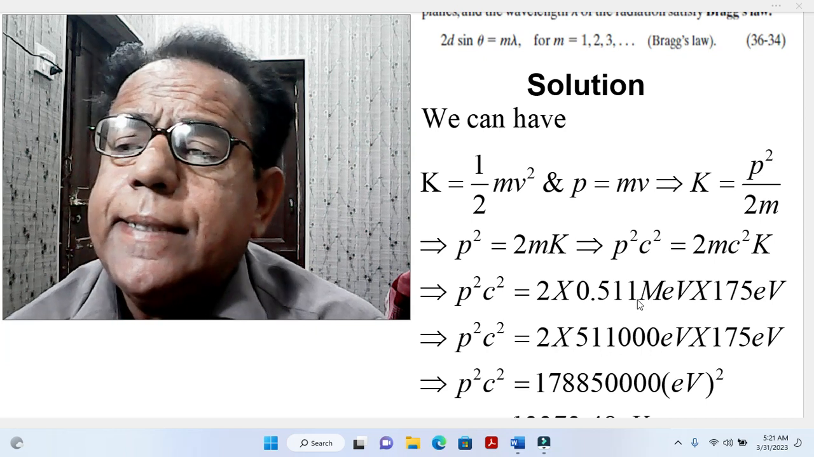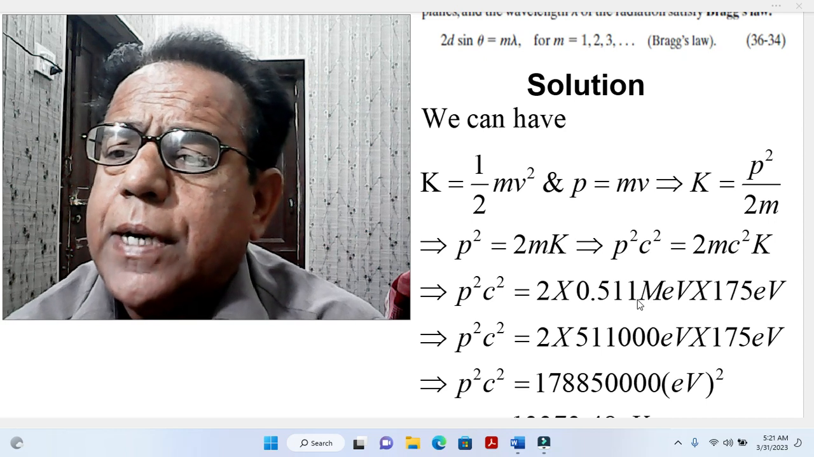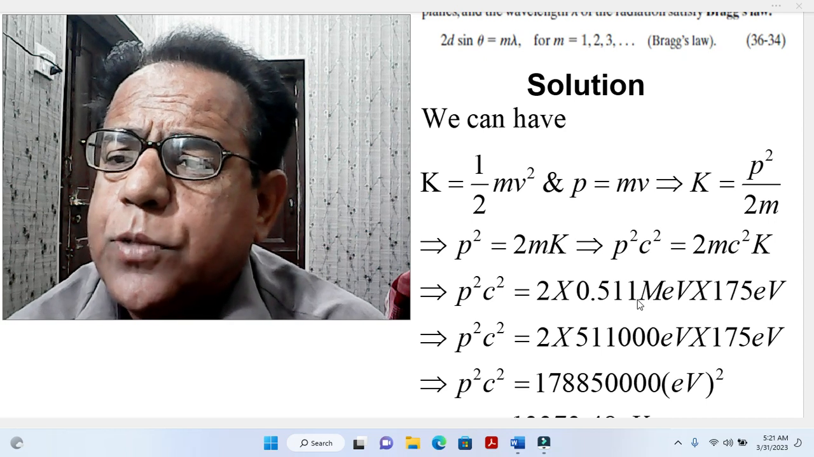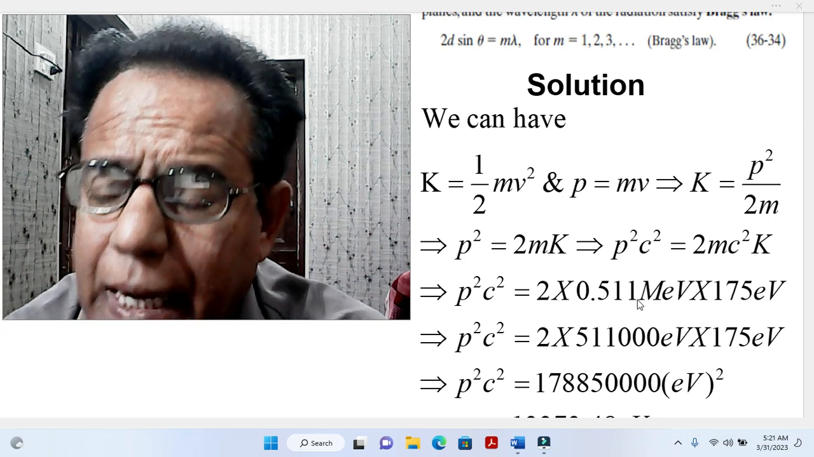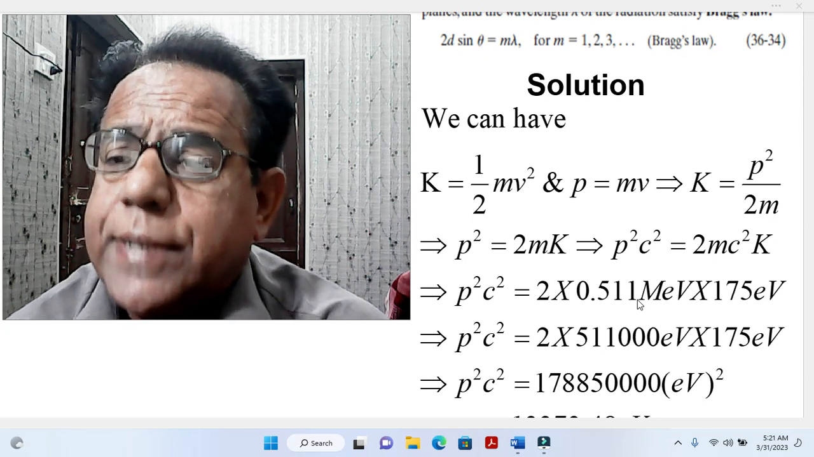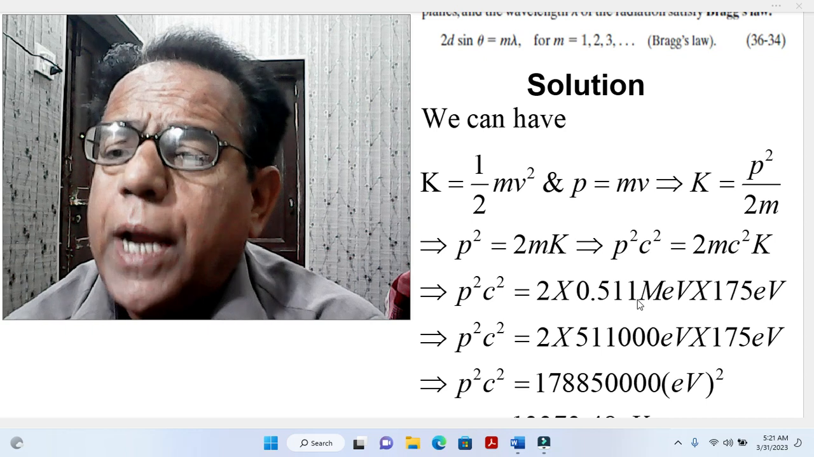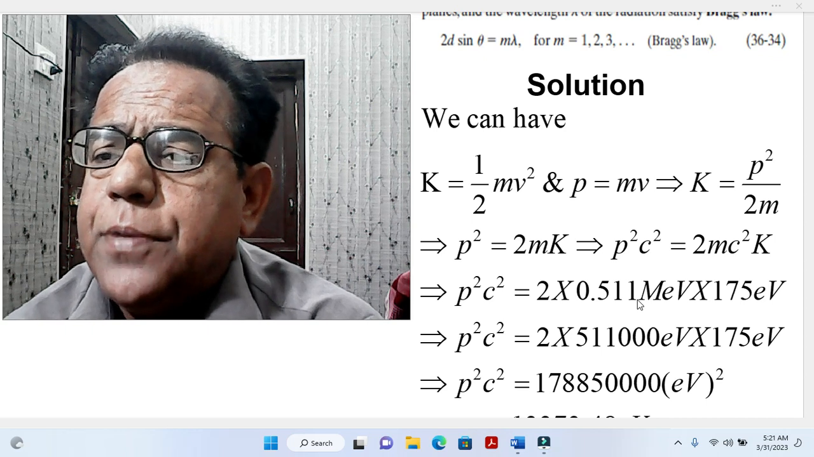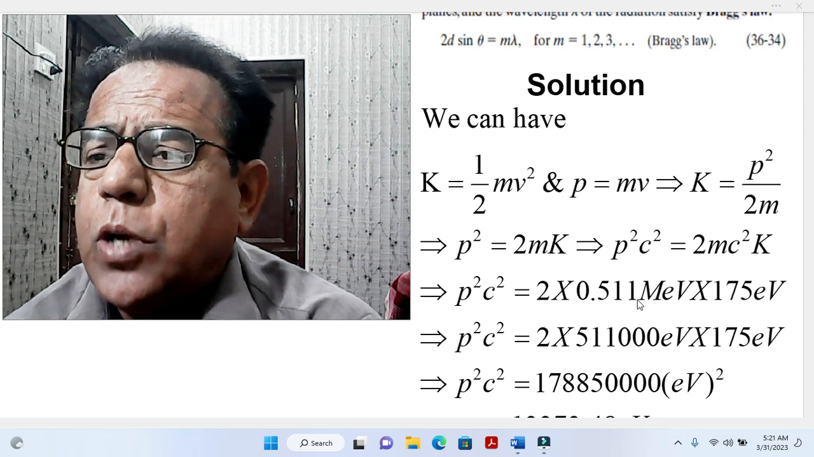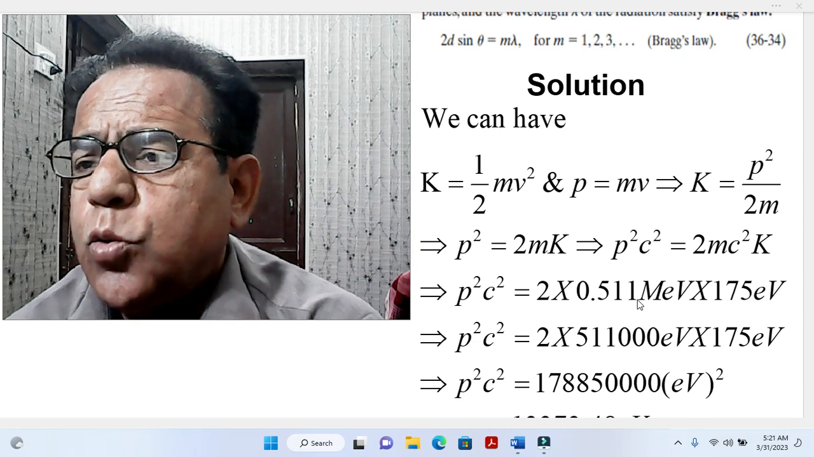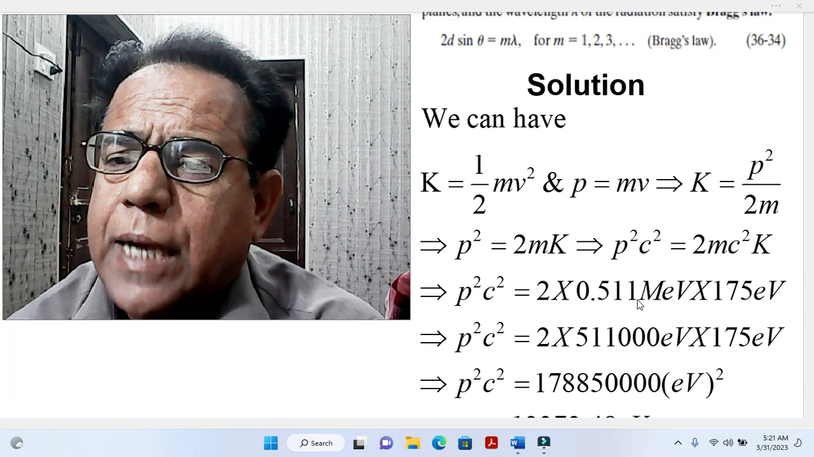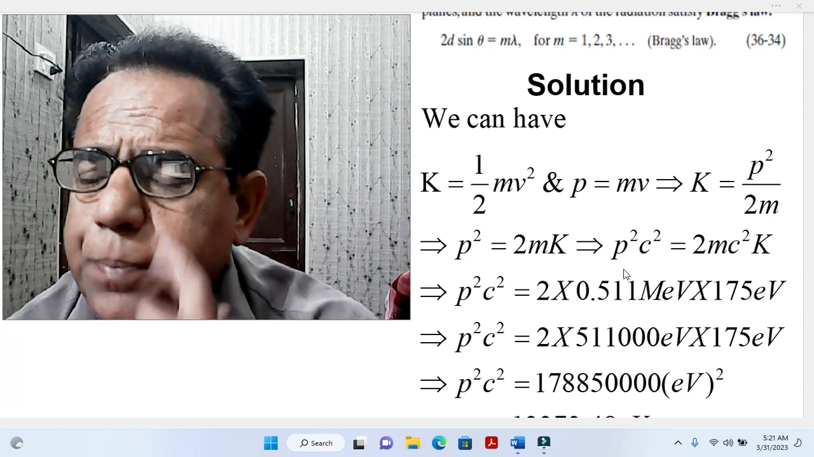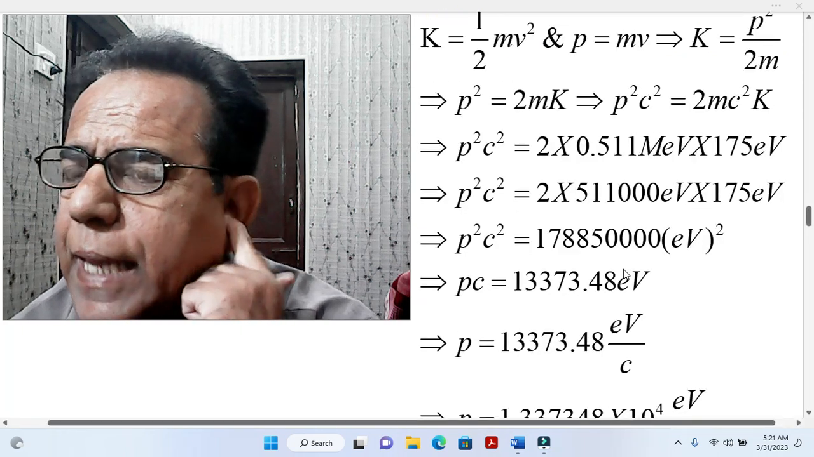In the next step, what we have done, we have converted million electron volt into electron volt. Million stands for 10 raised to the power 6. So 0.511 will become 511000 electron volt. So now both quantities have been transferred into electron volt. So this implies that p square c square has become equal to